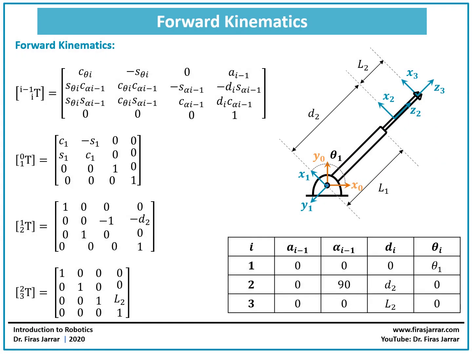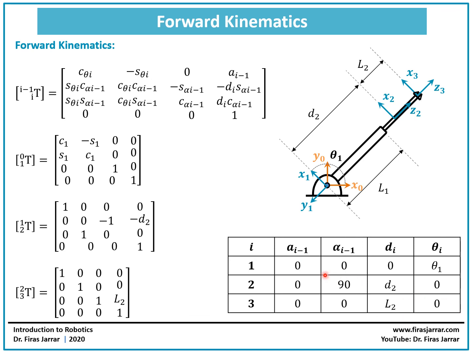We need to start with the forward kinematics. So for that we need to find the DH parameters. We have to take i from 1, 2, and 3 and find the corresponding DH parameters. We did this in the forward kinematics lecture for the same example also, and we were able to obtain these